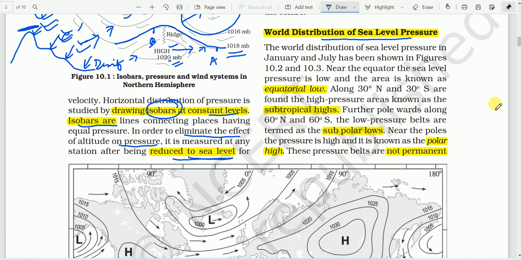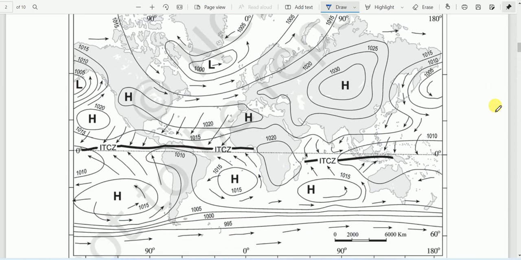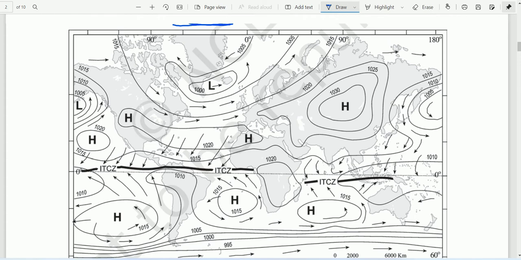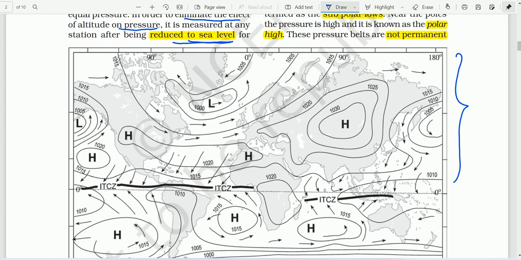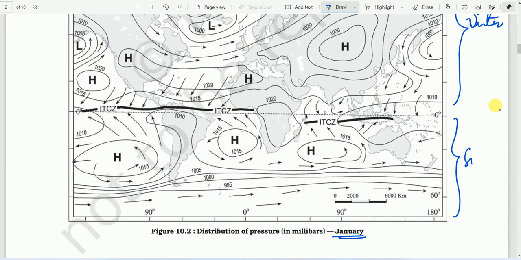So the world distribution of sea level pressure in January and July has been shown in figure number 10.2 and 10.3. And near the equator, the sea level pressure is low, and this area is known as equatorial low pressure. As I see here, this is the pressure condition in the month of January. That is, in this case, the northern half, that is the northern hemisphere, is in the winter